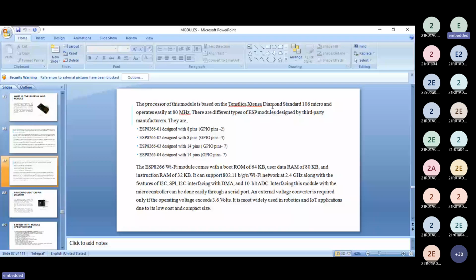So the ESP8266 Wi-Fi module comes with a boot ROM of 64 KB, user data RAM of 80 KB, and instruction RAM of 32 KB. It supports 802.11 b/g Wi-Fi networks at 2.4 GHz along with the features of I2C, SPI, I2S interfacing, DMA, and 10-bit ADC. Interfacing this module with the